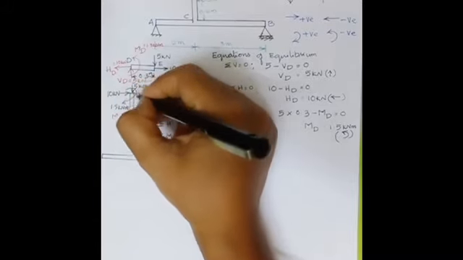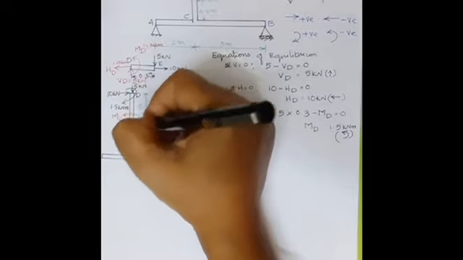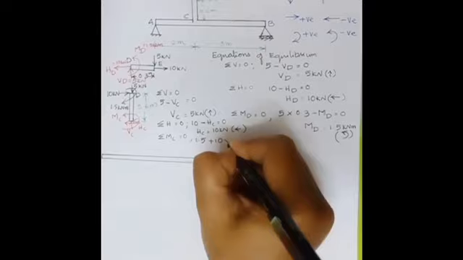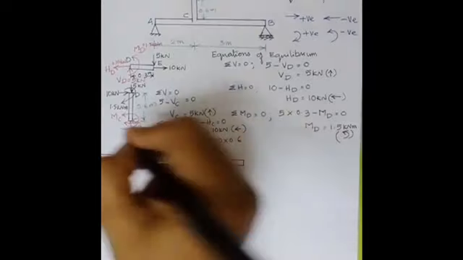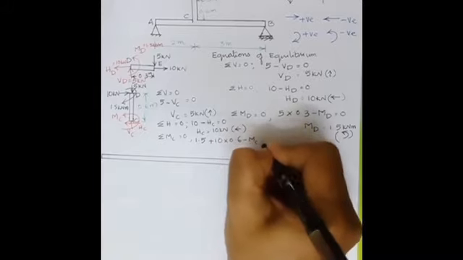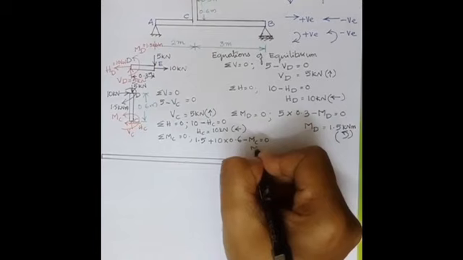What is the moment of 10 kilonewton about C? This is producing a clockwise moment. This 10 kilonewton is trying to rotate this member in the clockwise direction. Okay, so plus 10 into 0.6. Now this MC you have assumed as anti-clockwise. So minus MC equal to 0. So you'll get MC is equal to